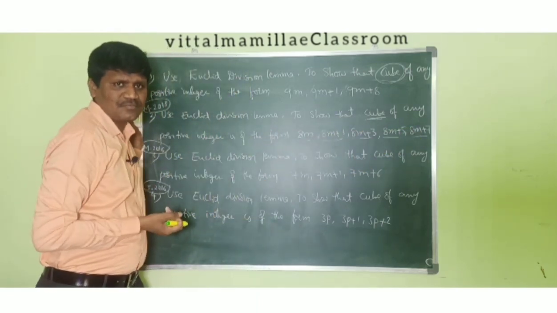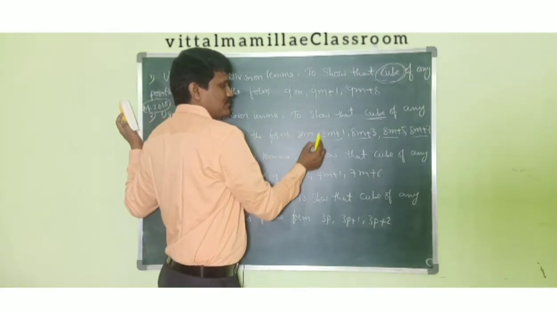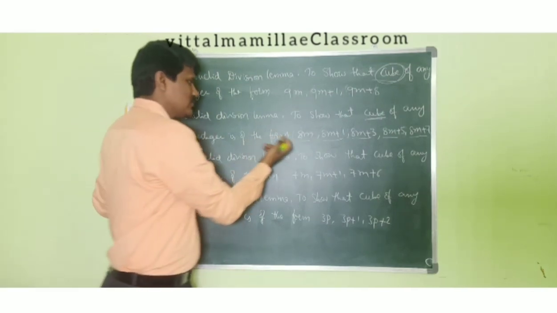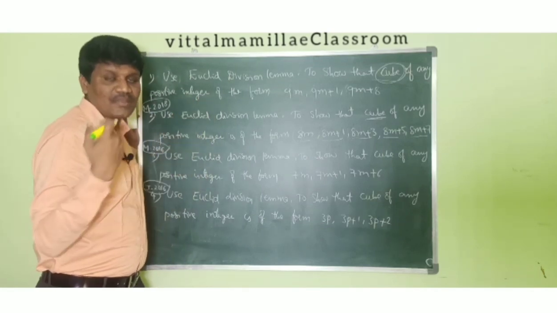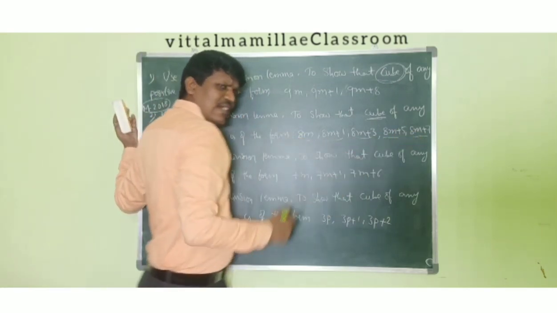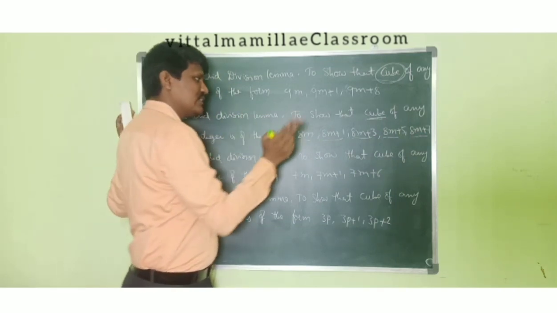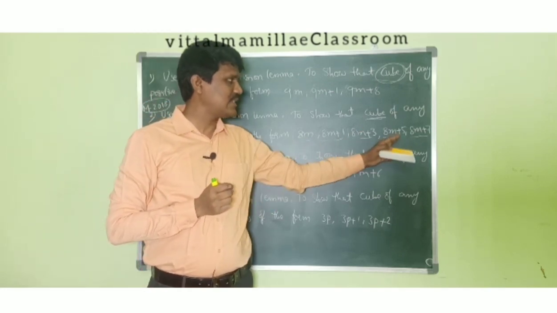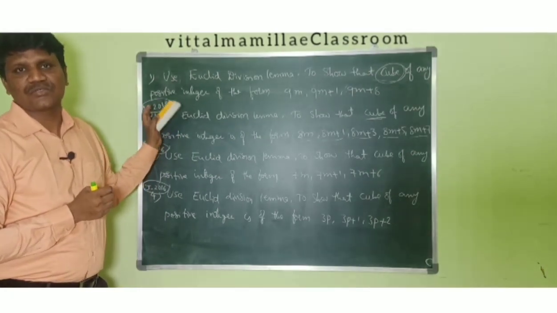How to do this problem? Let a, b be any two positive integers, and b you should take as 8. Then how many remainders will you get? The remainders will be 0 to 7, so you will get 8 cases. Do the cases, and you will get 1, 3, 5 and the remaining cases will fit any of these. So in total you will get answers as 8m, 8m plus 1, 8m plus 3, 8m plus 5 and 8m plus 7. So this is an important one asked in March 2018.